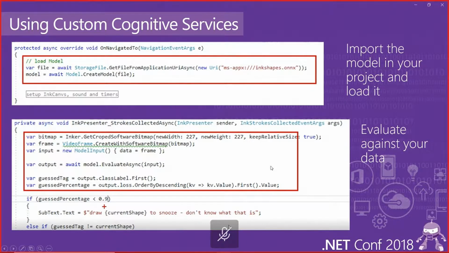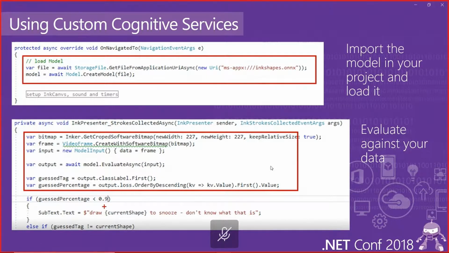And to use it, again, it's very simple. Just download the model, put it in our project, and the project will automatically generate all the classes and code needed to invoke the ONNX model. So we just have to load the model. In this case, it was just for recognizing shapes.